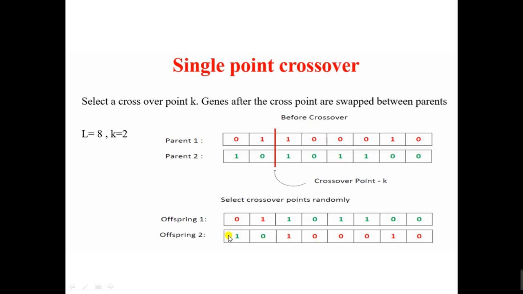Now I am getting 1 0 as in parent 2 and the remaining string from parent 1. This is single point crossover, meaning one particular crossover point.